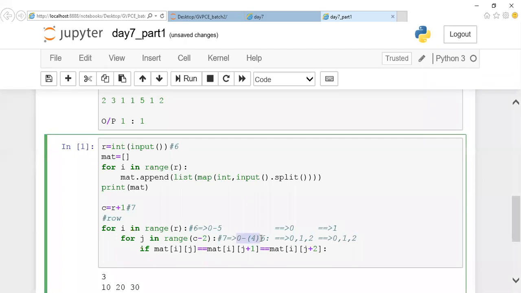I'm not taking more elements. It will go till 5. Each and every time I'm taking three elements from it. First 3 elements, next 3 elements.